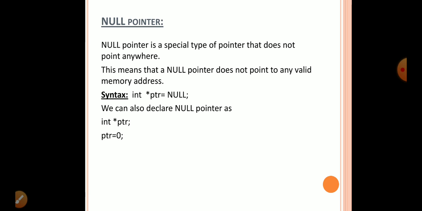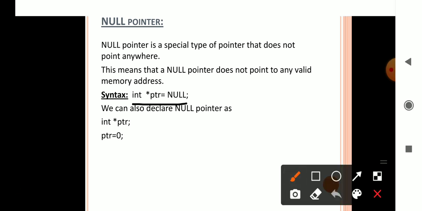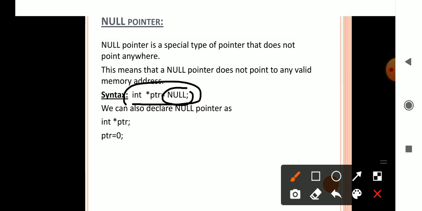Null means nothing, so we cannot store any address. It is done by int *ptr = NULL. So null means it does not point to anything. NULL is written in all capital letters. We can also declare a null pointer as ptr is equal to 0.